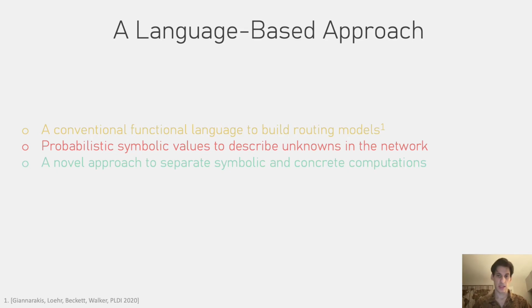Finally, to deal with the scalability issue that arises in complex networks, we separate symbolic reasoning, for instance, reasoning about whether a link has failed, from concrete computations, for instance, what is the route after applying the configured routing policy. In contrast, previous approaches will resort to performing all computations as symbolic computations. For example, SMT-based techniques will convert the problem to a logical formula and ask an SMT solver to find the solution.